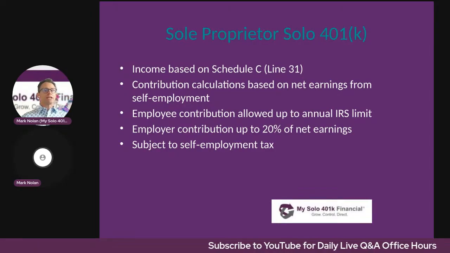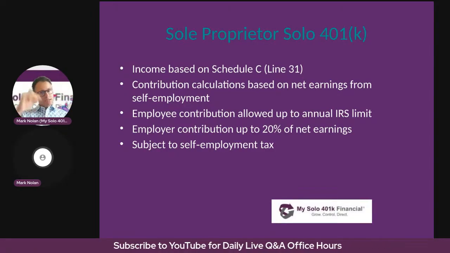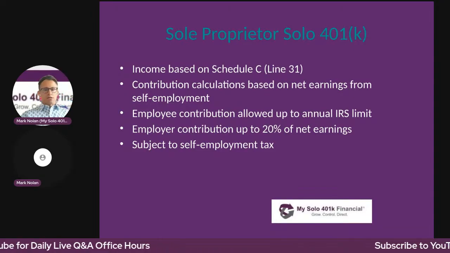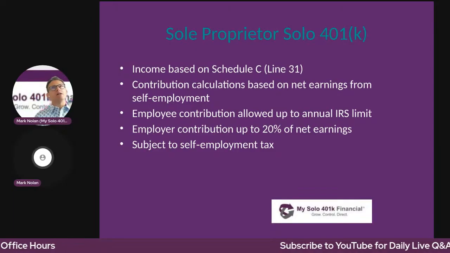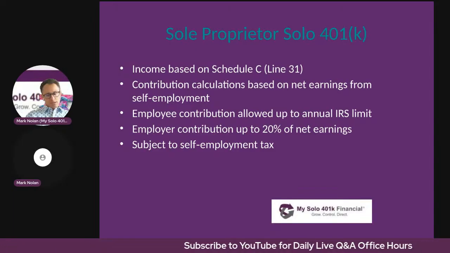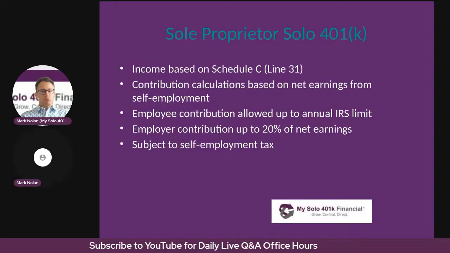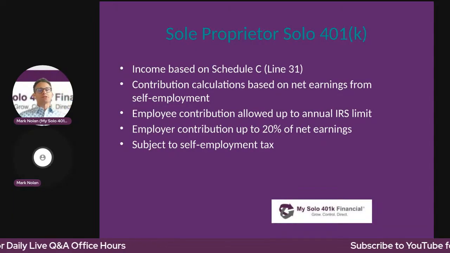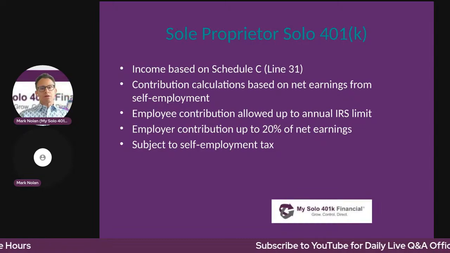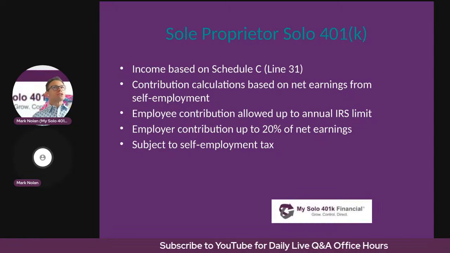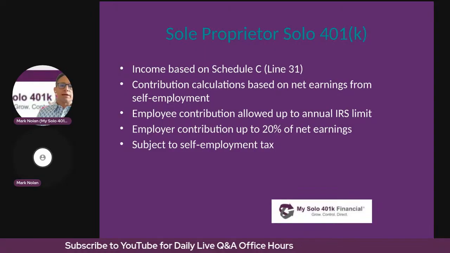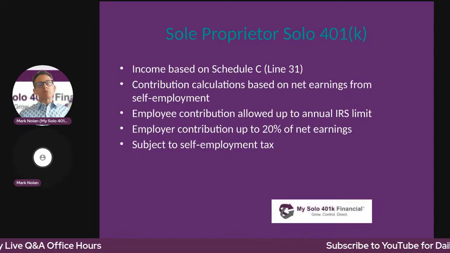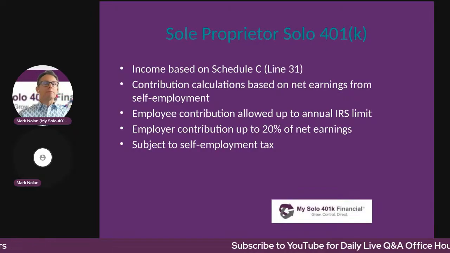And then there's the super catch-up amount, which applies to those who are ages 60 through 63. Instead of contributing $8,000 for that age group there, you can contribute $11,250. Obviously, you can't make both the normal catch-up and the super catch-up. For a sole proprietorship, these catch-up contributions can be applied as pre-tax employee contributions or as Roth solo 401k employee